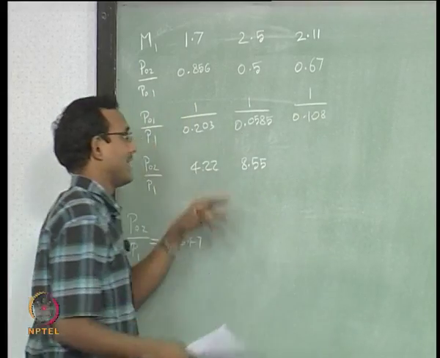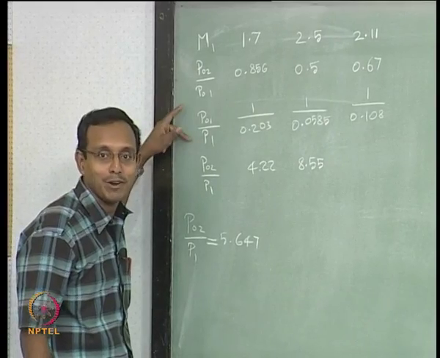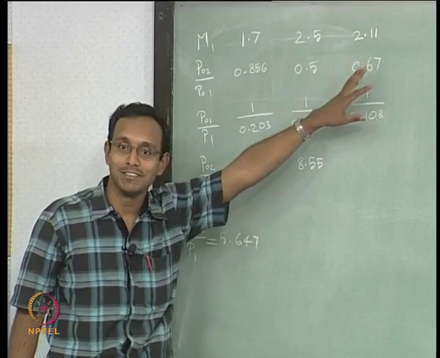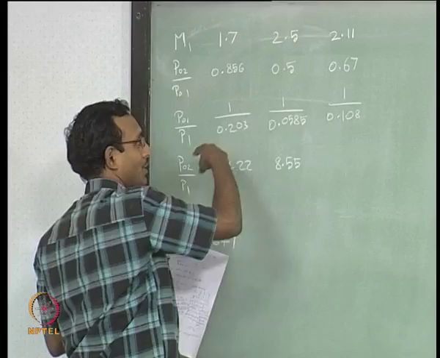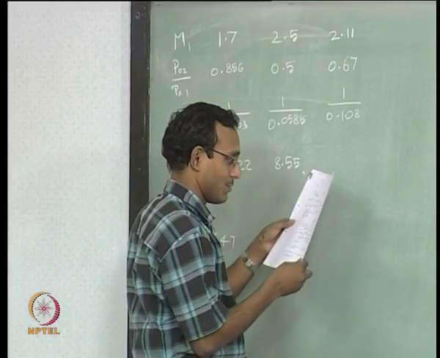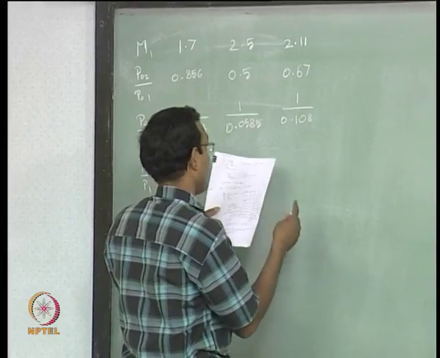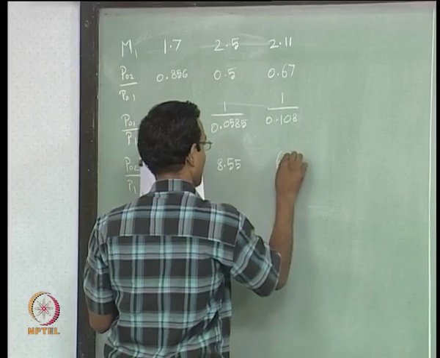okay. And a typical mistake in exams will be this: the tables will be giving P by P0 and you will write P0 by P as that value 0.108 instead. So, be safe about that, you should always be clear about what you are writing, which number you are getting from the tables and what you want, okay. And that comes out to be 0.108 and this product comes out to be 6.2,